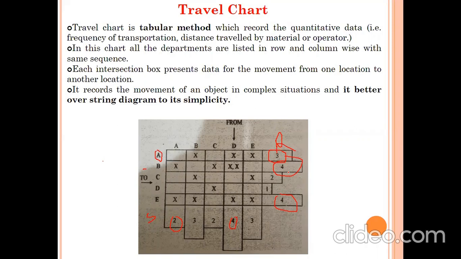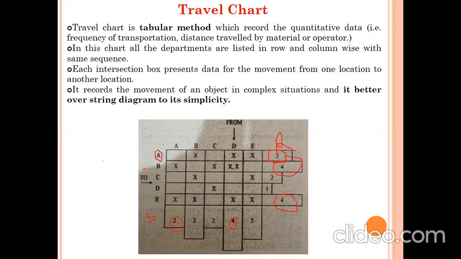So you have to make the balance this way: which machine is receiving what type of job, and which machine is sending the job to the next machine. So maybe we can call it the travel chart. It is also for the operator. Machine A operator can send the job to machine B operator. Is it right? So job-wise, material-wise, operator-wise, this particular travel chart can be made easily.